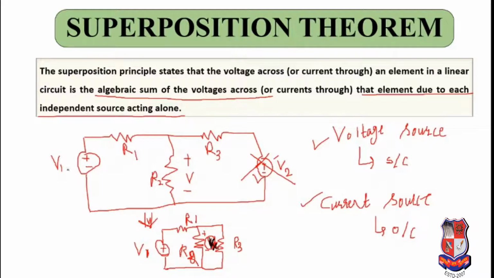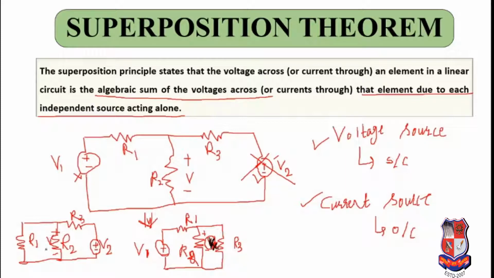So we will now take this and remove this. So now my circuit will be in this pattern. There will be R1 which is present over here, R2 is present over here, and R3 with a voltage source will be present over here. Okay, so this is my V2, this is my R3, and still I have to find the voltage across this